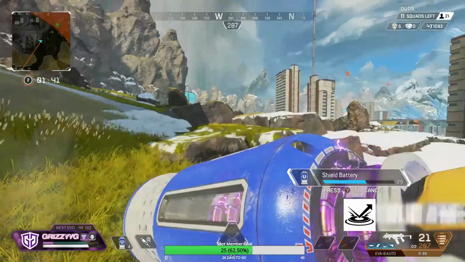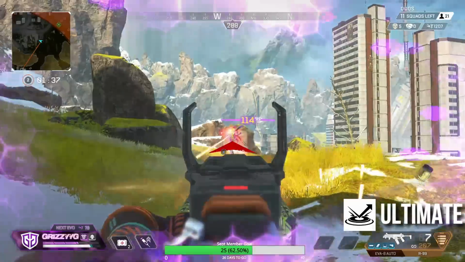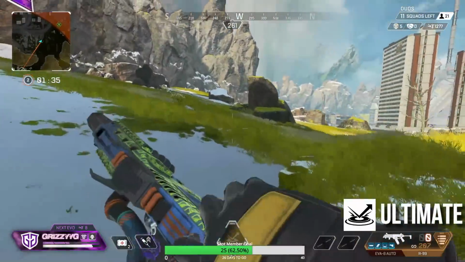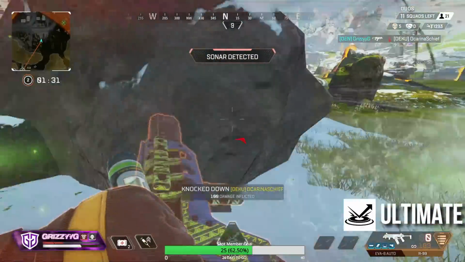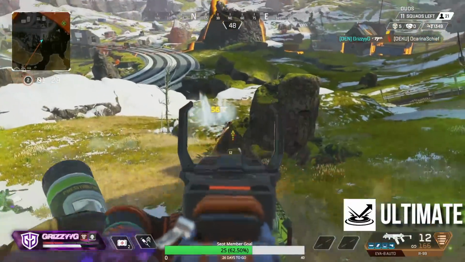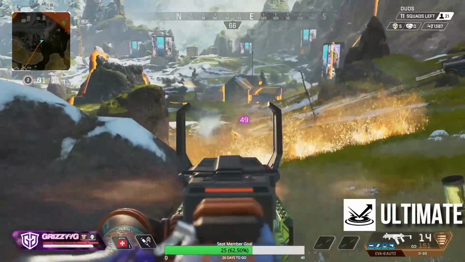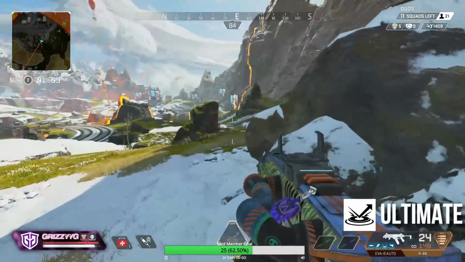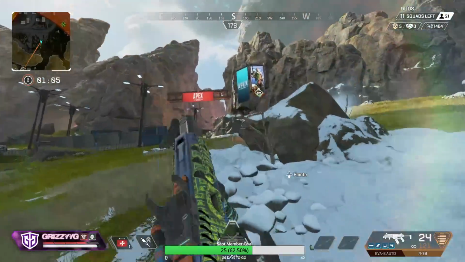Finally, we have Octane's ultimate ability, the Launch Pad. With this ability, Octane deploys a pad that launches players through the air, and this pad also grants you a double jump as well. The charge time for the pad is 1.5 minutes. The pad has 200 HP, and Octane is allowed to have a maximum of 4 jump pads on the map at one time. Now that we have all of Octane's abilities covered, let's go over some tips that you probably